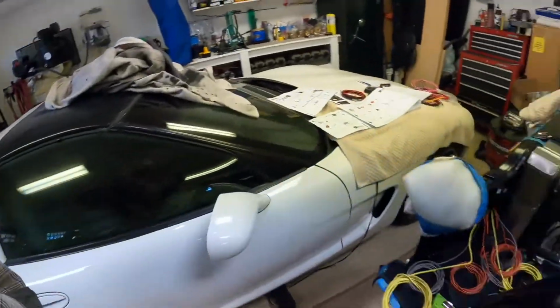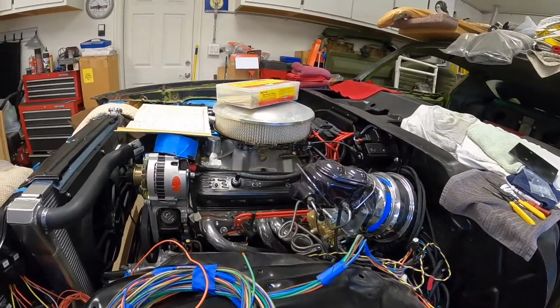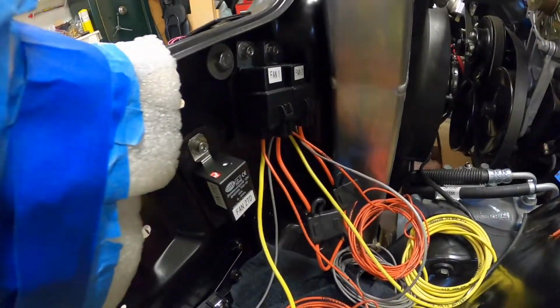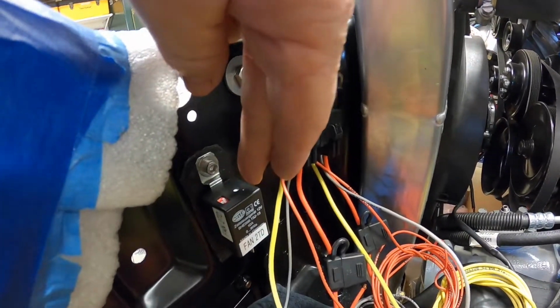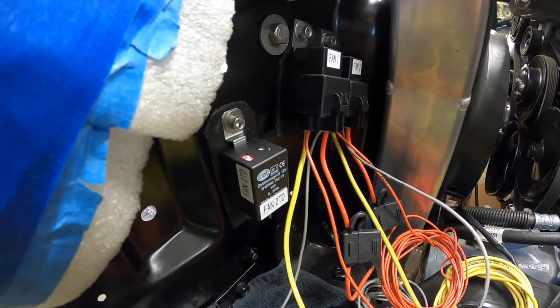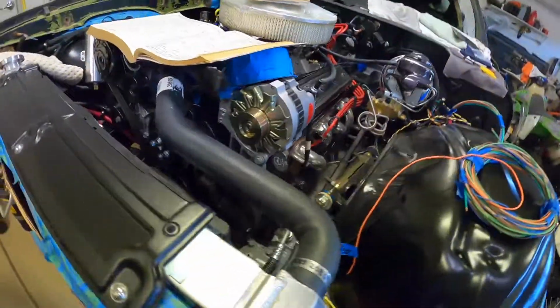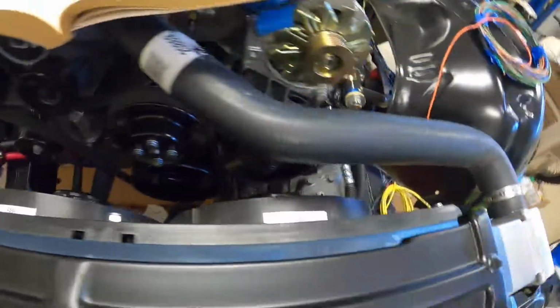We are back on the 71 Camaro. I've got most of the engine wired up, and I'm getting ready to start on the fan controls. These are going to be my fan relays, and this is a time delay relay for fan 2, which I'll talk about when we get there. Anyway, I'm just getting the wiring sorted out and getting things labeled so I don't lose track of